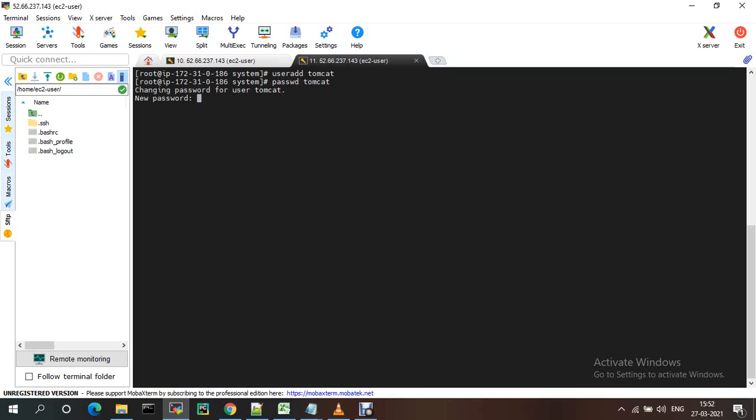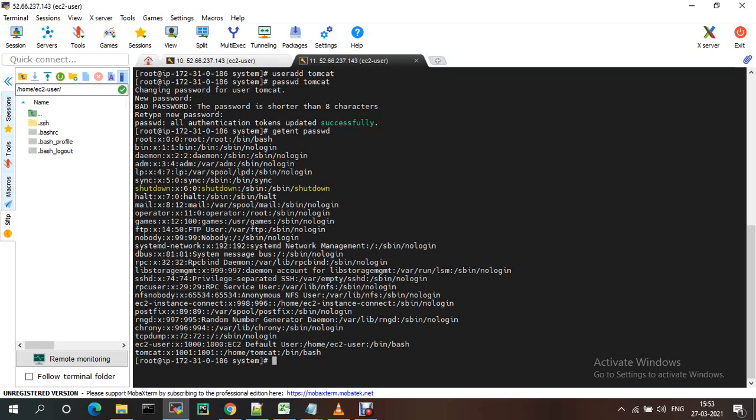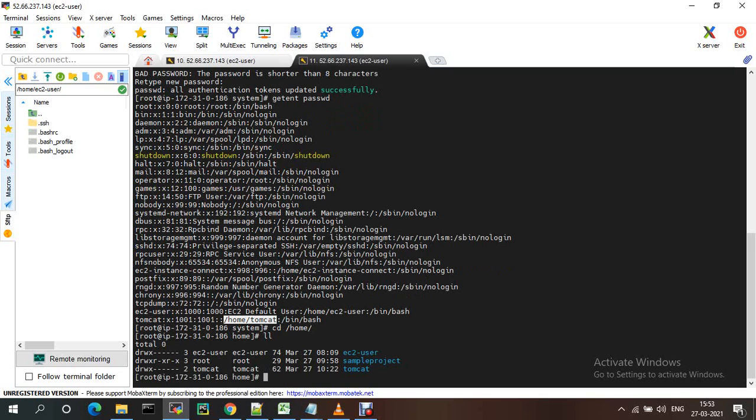You can give a new password, and it will ask to re-enter the password. Password is updated successfully. If you check now, cat /etc/passwd, the user is available. This is the user, and by default this is the home path. If you go to cd /home, along with the EC2 user there is one more user called tomcat.